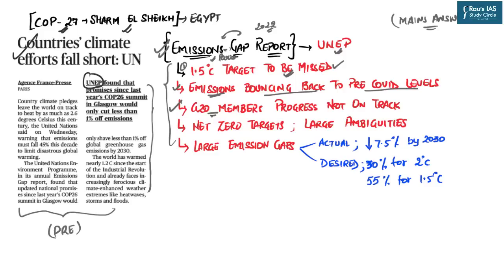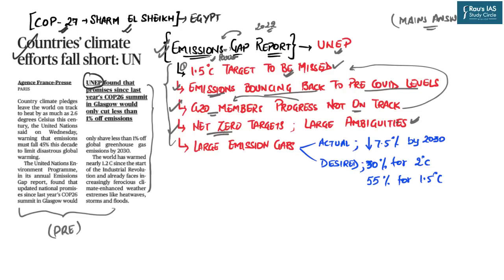And the report says that the progress which has been made by the G20 members is not on track on meeting the targets set by the Paris deal. The fourth important finding is in relation to the net zero emission targets. Though the report says that these net zero emission targets are a step in the right direction, yet there are large